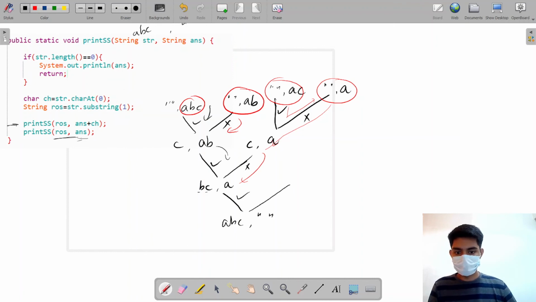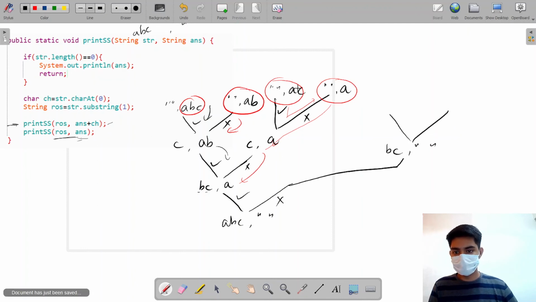Now I'm at this point. Since I've made all the calls for inclusion of A, I'm going to make the exclusion calls for A. Let's do it like this. And we have BC, and I'm not including the answer, so it would be nothing. Then here I'm going to make the inclusion call, so included, and then I have C, and if it is included, I only get B. Here I'm going to make the inclusion call.